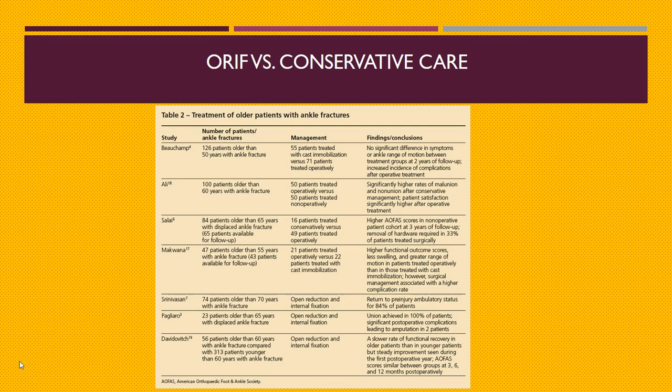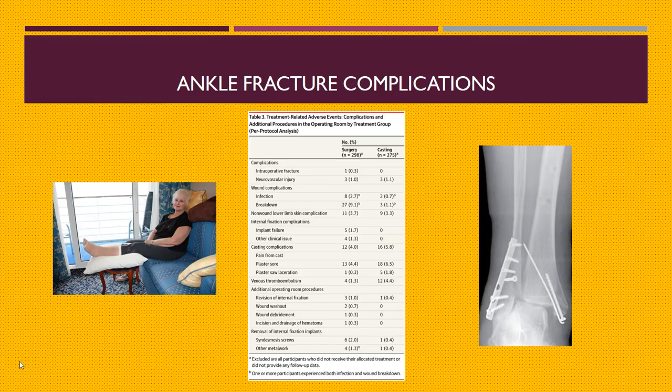So certainly these studies indicate no firm demand for either conservative care or open reduction and internal fixation. Both non-operative and operative interventions are well supported in the studies that are available. Looking at the complications of open reduction internal fixation of ankle fractures in the older patient: removal of screws and irritation from plasters, casts and immobilization devices are not at all uncommon, and wound complications with wound breakdown and dehiscence are the most common complications of all. But the complication rates, really looking at these studies, are not particularly extraordinary and certainly do not demand reconsideration of